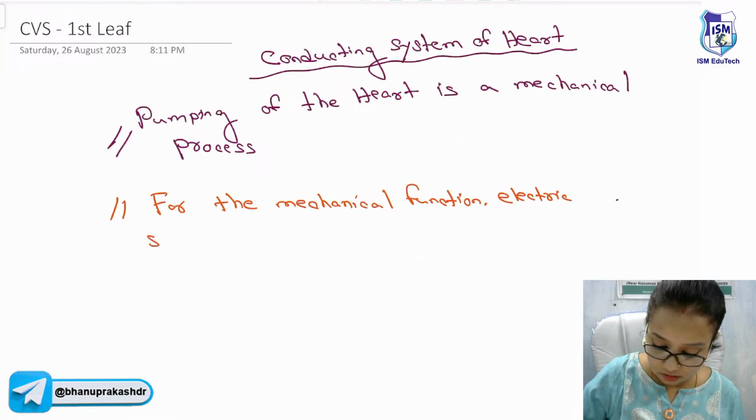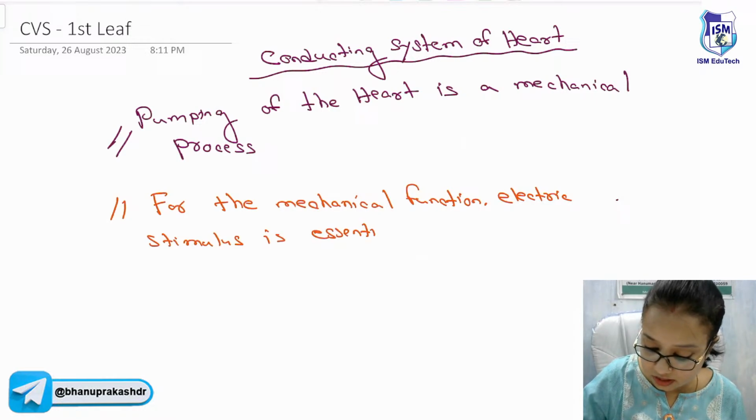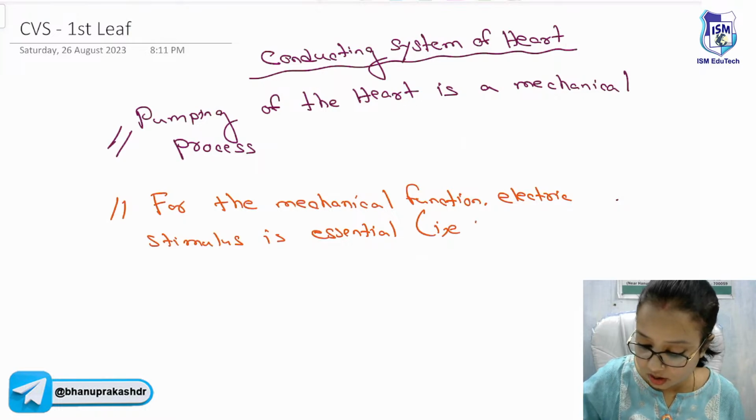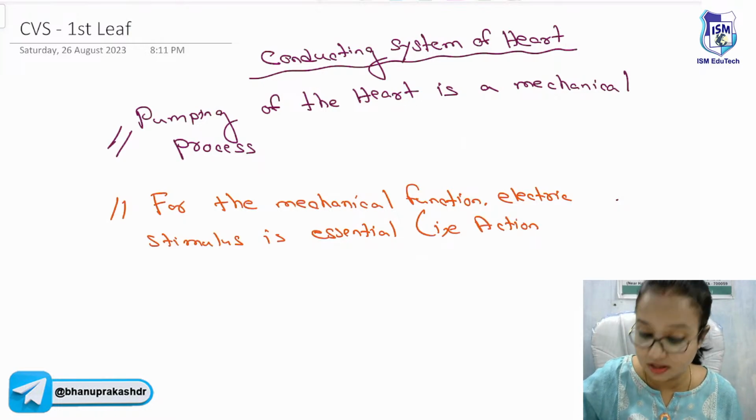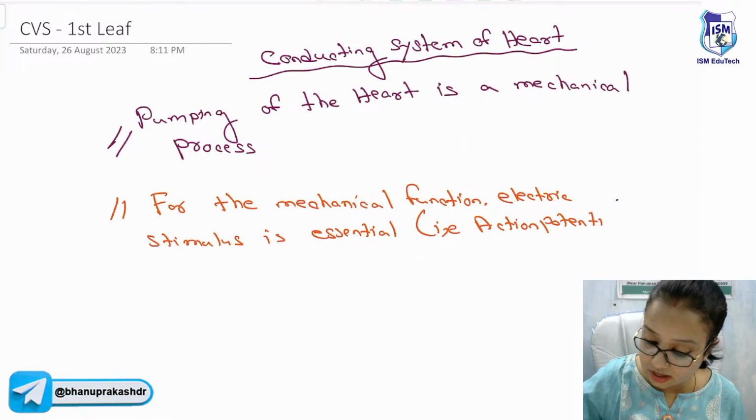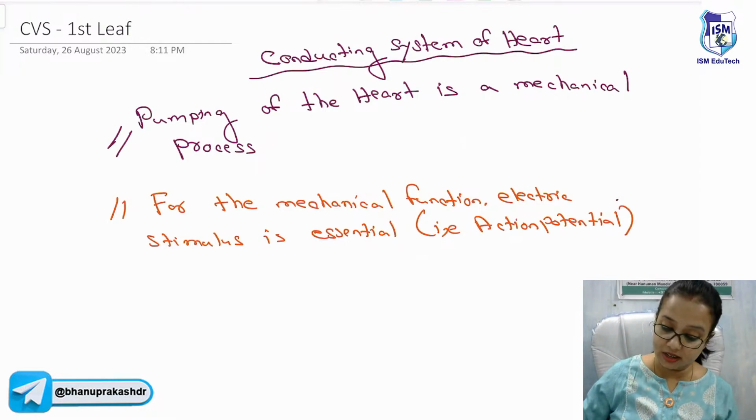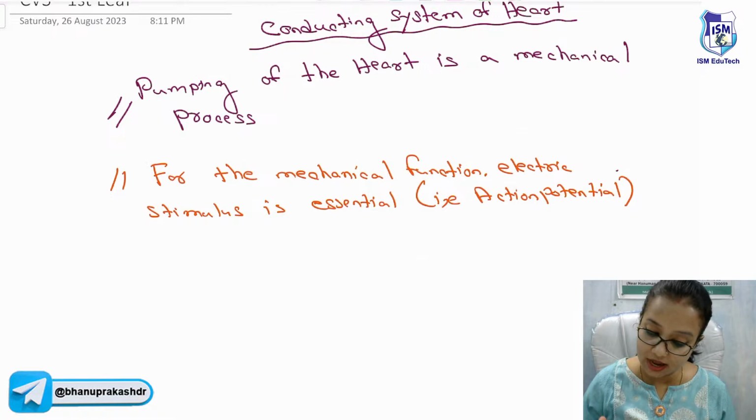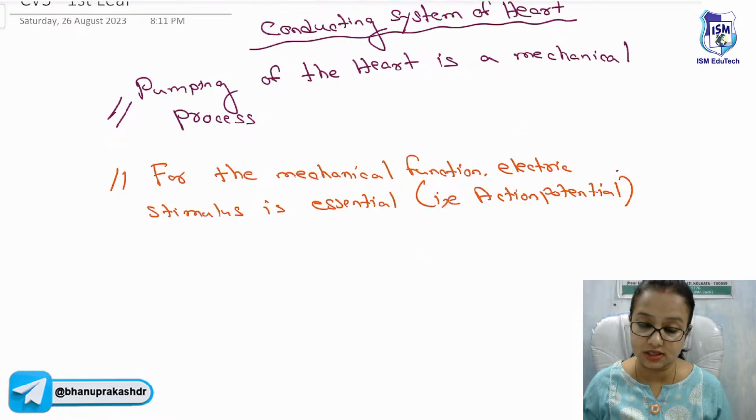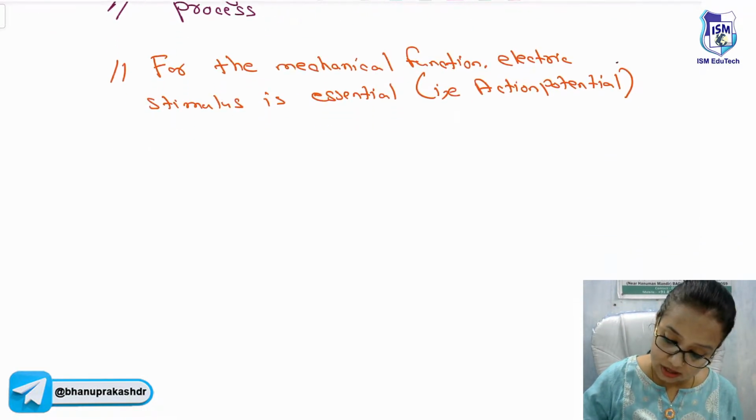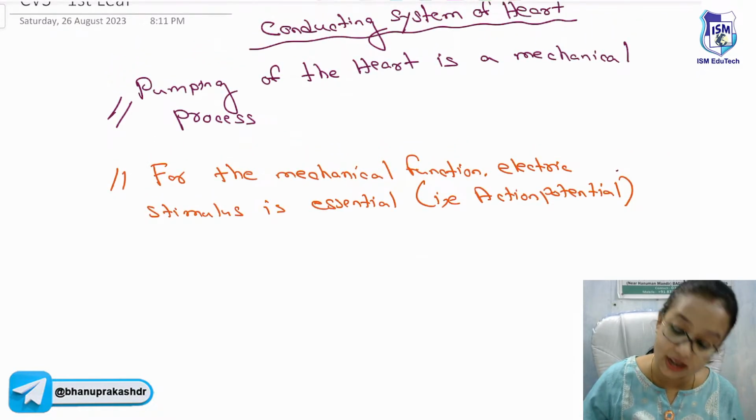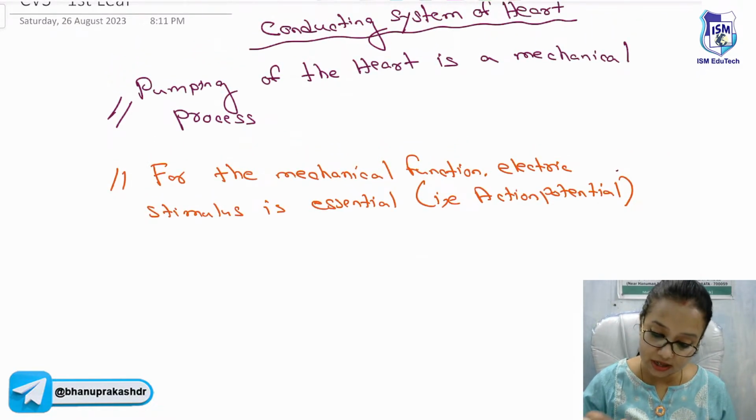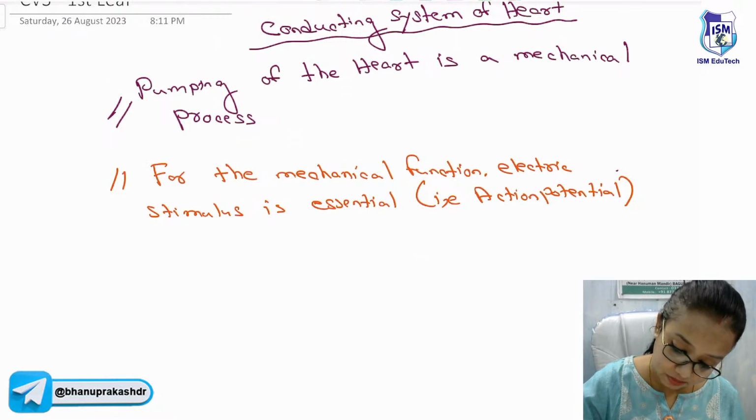electric stimulus is essential. That means the action potential. So it is the action potential again that is generating the wave, generating the stimulus, which is enabling the heart to pump, to undergo contraction as well as relaxation. Now, for this to happen, there are certain regions, certain areas, certain structures in the heart which carries out this process. Like